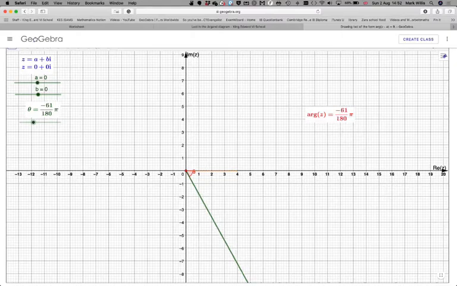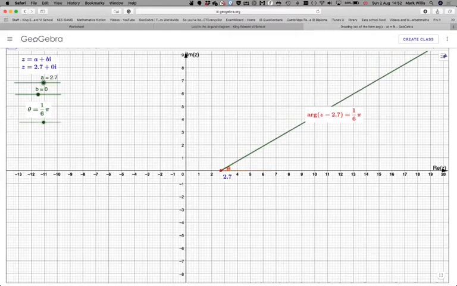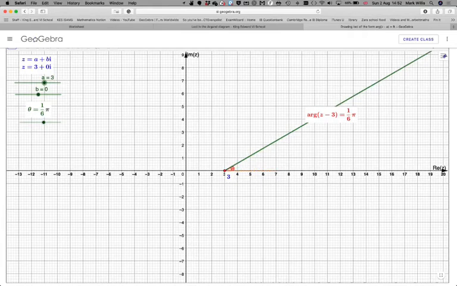Now, let's take a nice number. If we were to move a, that will now become the argument of z minus 3 is equal to 1 over 6 pi. Again, you can move the angle. And if we were to move b,